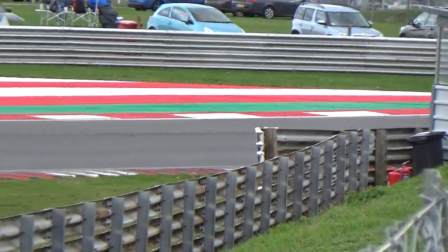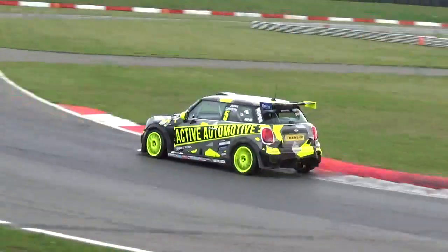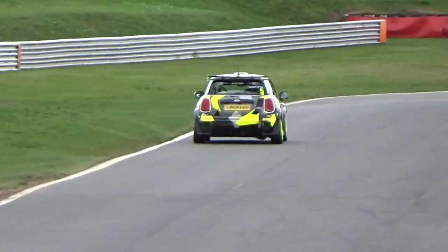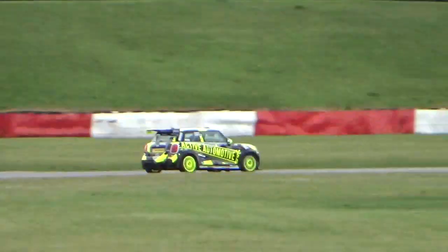18 Jiggy Gore now in third place. 445 Dan Sellos in fourth. Fifth. And if we just try to check to see what the gaps were, because those guys were having a